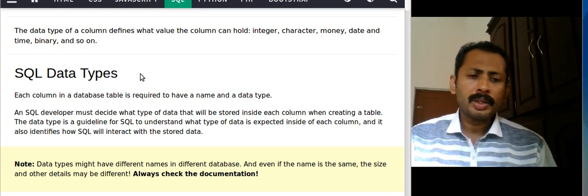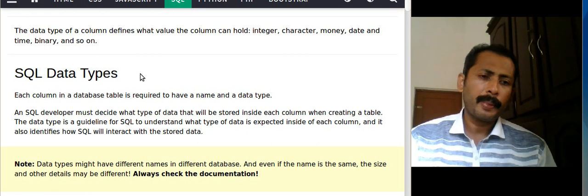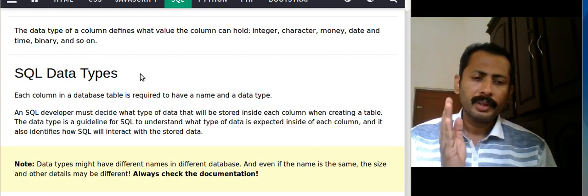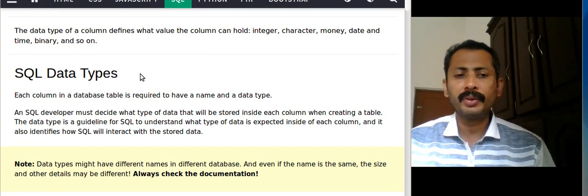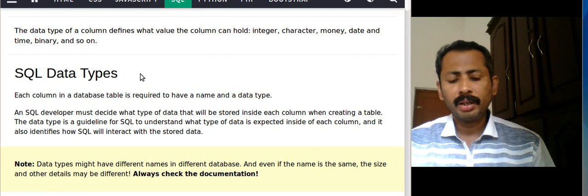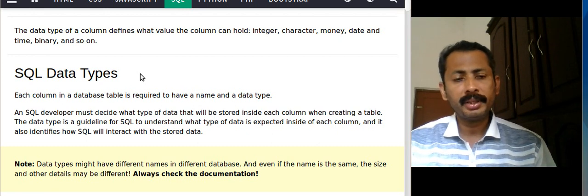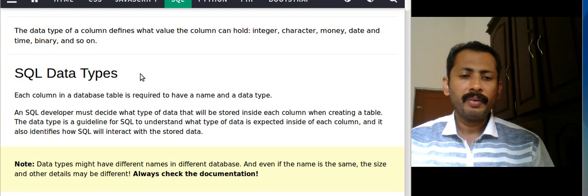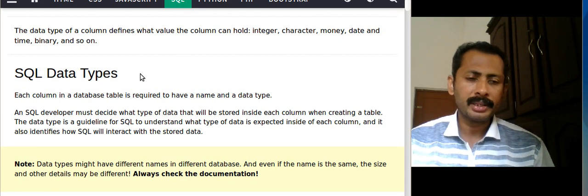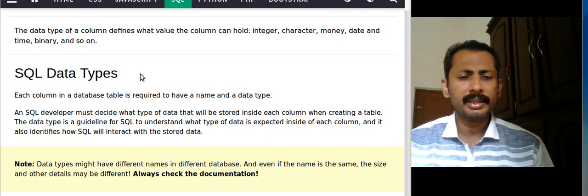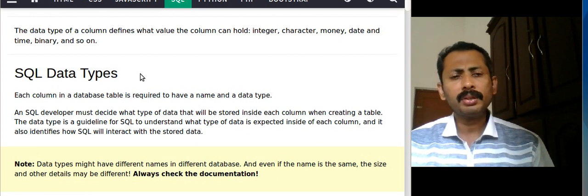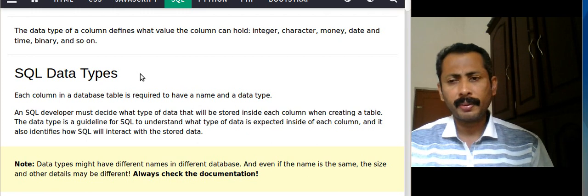Actually this SQL standard is used by different software or DBMS, database management systems. Examples are MS Access, Oracle, MySQL, FoxPro, DBase, etc. So we have lots of database management systems.